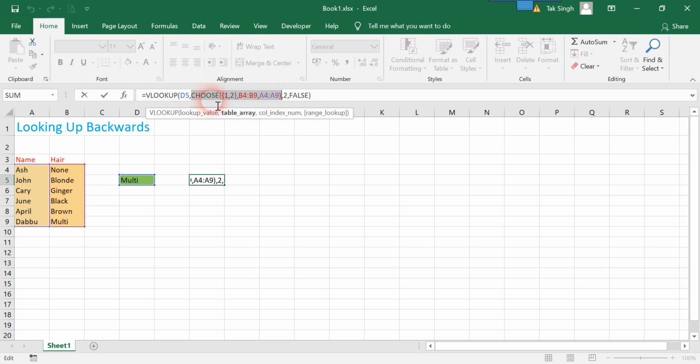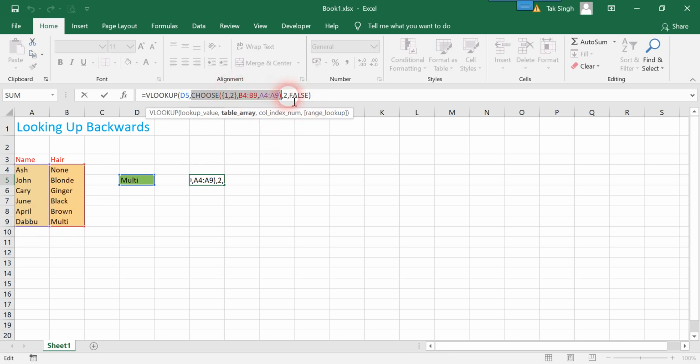So this function is saying that we treat this range as column 1 and this range as column 2. So even though this is column B, we have named this selected range B4 to B9 as column 1 over here, and we have set A4 to A9, that is the first column, A column, as column number 2.